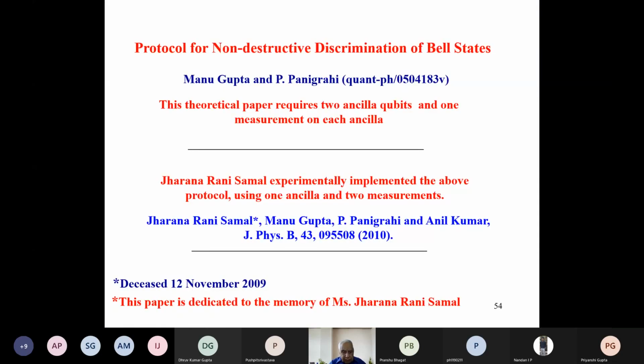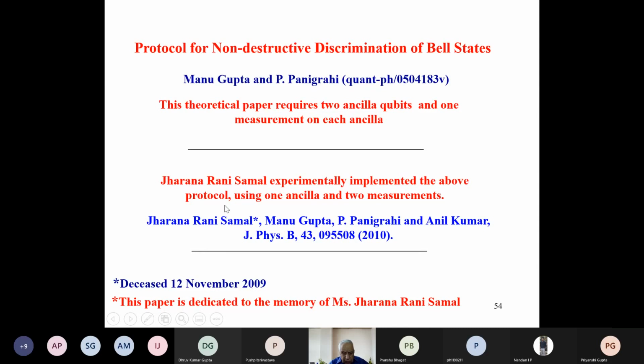There was a paper published, Protocol for Non-Destructive Discrimination of Bell States, by Professor Panigrahi, who used to be at IIT Kanpur earlier. Now he's a professor in IISER Kolkata. They published this paper later on, but a theoretical paper requires 2 ancilla qubits and 1 measurement on each ancilla. My former student Jharna Rani, who didn't live long enough to see this paper,